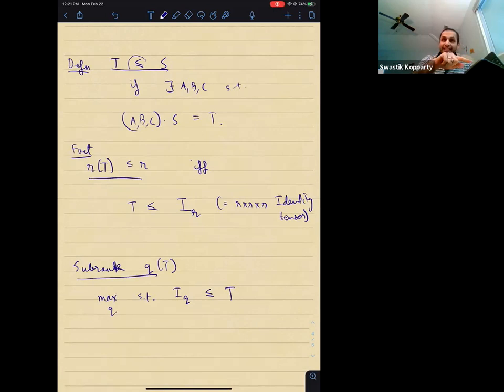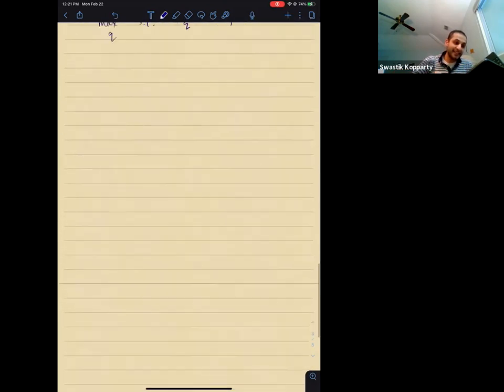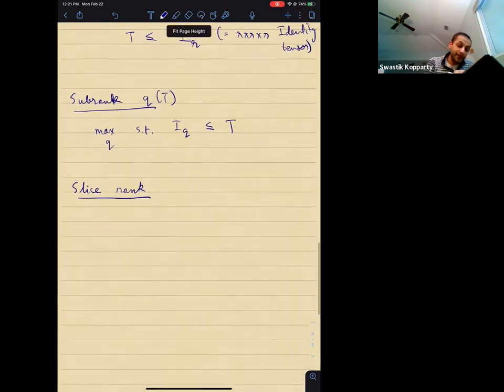I'm not going to define the other two notions of rank, slice rank and analytic rank. So let me do slice rank now first. Slice rank. Okay, so slice rank is a notion that was recently defined by Tao in his version of the proof of the cap-set conjecture by Ellenberg and Gijswijt. So it's a very compact notion, and it's very closely related to these notions of rank. So the slice rank